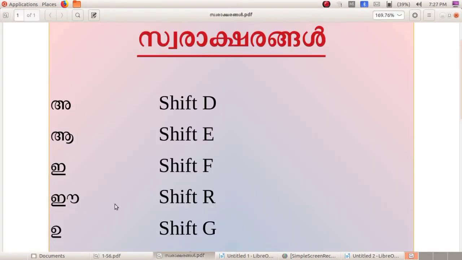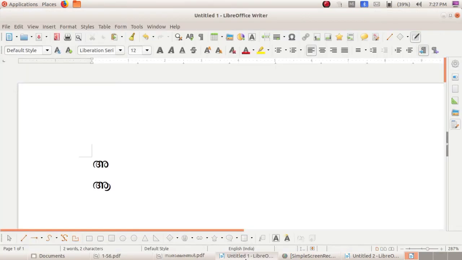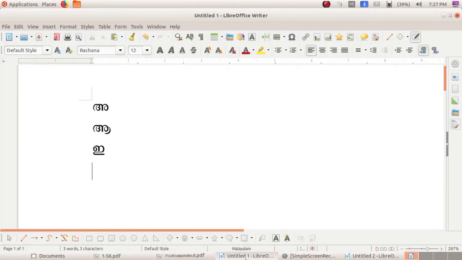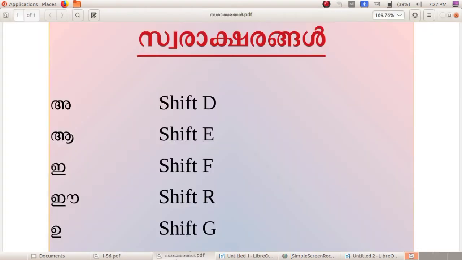Then the next letter is I: Shift plus F. Then Ee. What are the keys for typing Ee?